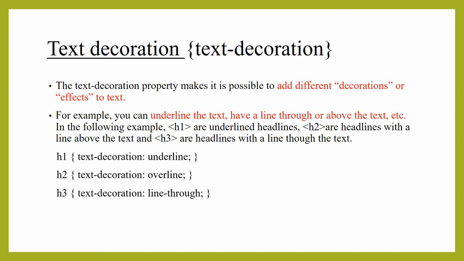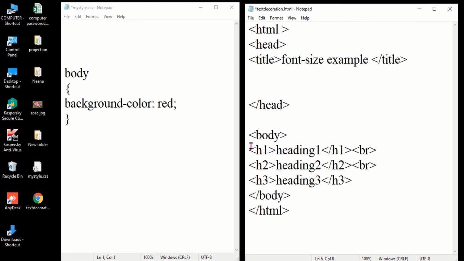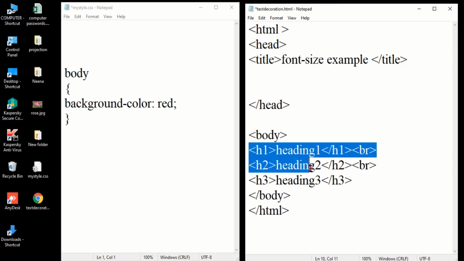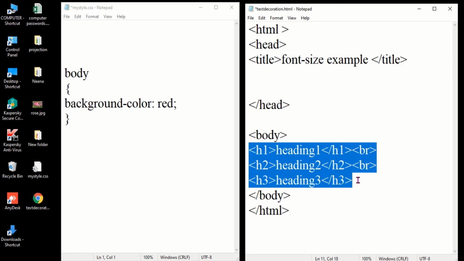Let us see. Now we are going to give the text decoration property to H1, H2 and H3 tags. Type CSS code. H1 property text decoration, property value underline.